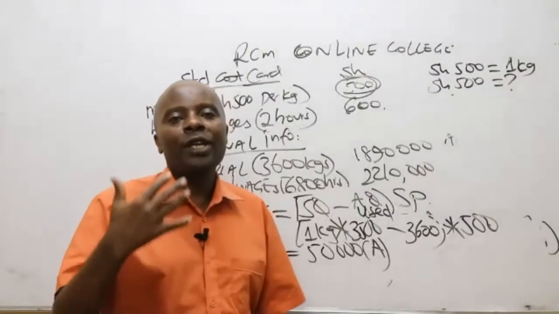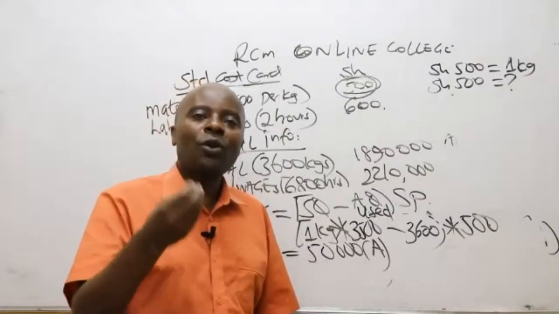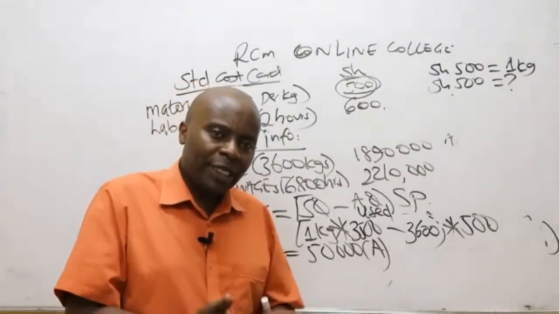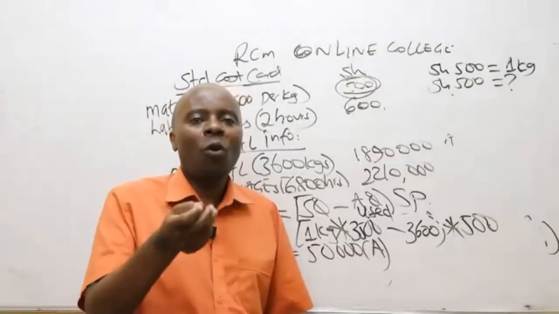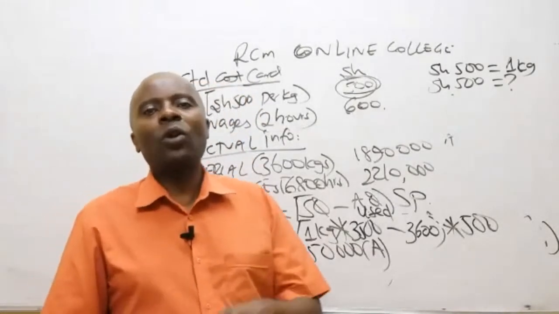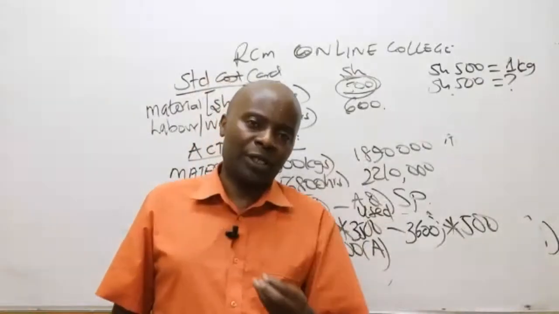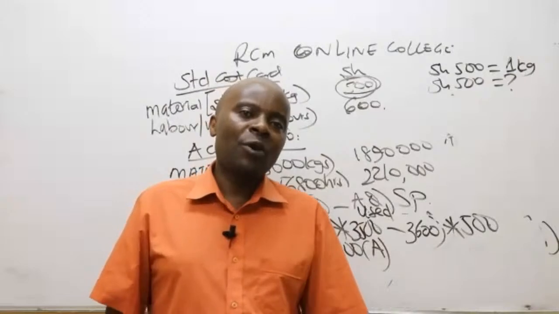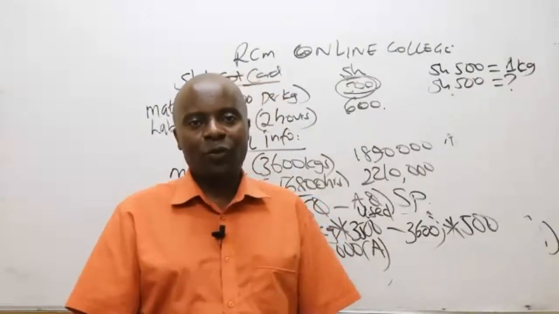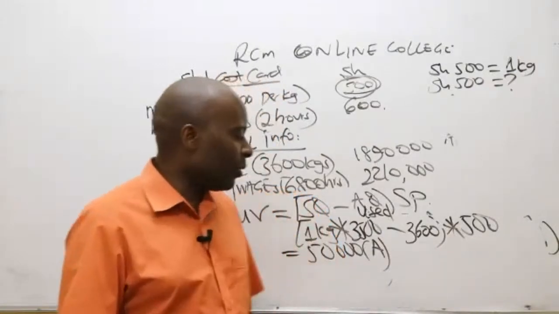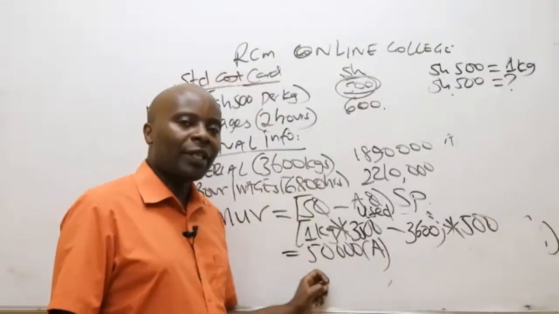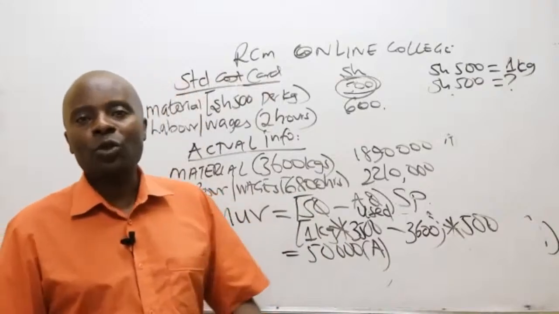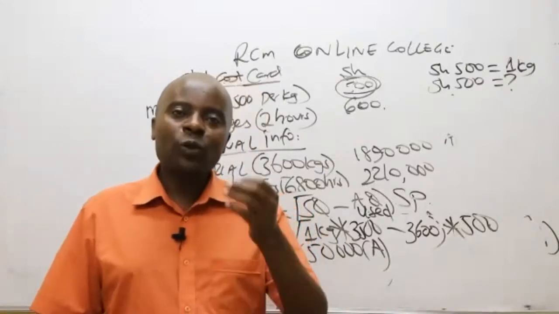There is no way you as an accountant can go to a congregation where you are presenting financial statements and say, you know what? Kenya Airways made a loss of negative 20 billion. People will laugh at you, because the moment you've used the word loss, you've taken care of the negative. The same case here: the moment I've used the word adverse, I've taken care of what here? The negative.